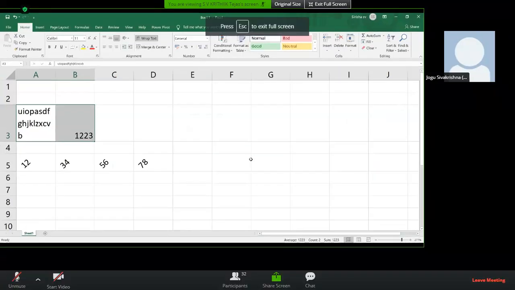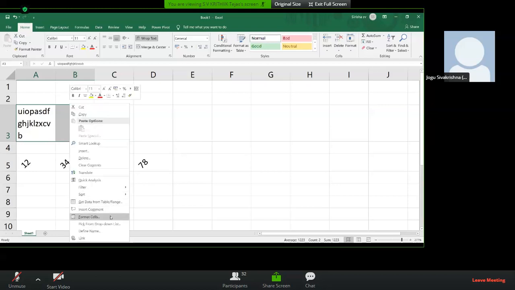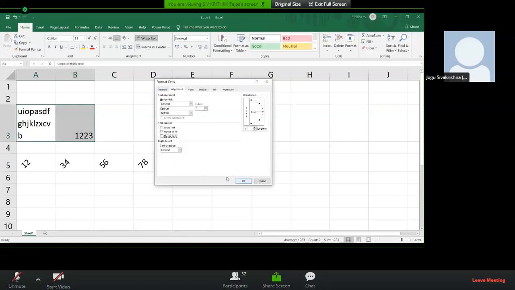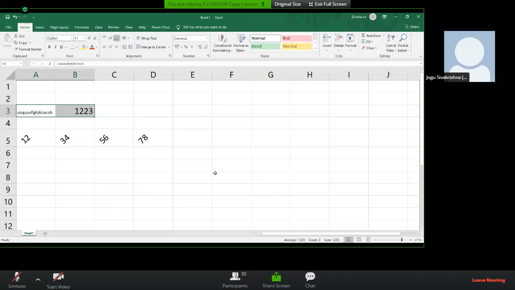In wrap text, the text automatically comes down to the next line of the cell. But if you select shrink to fit, you click on it again, you deselect that wrap text, and remove merge cells also. You select one. Can you type anything on that A3?